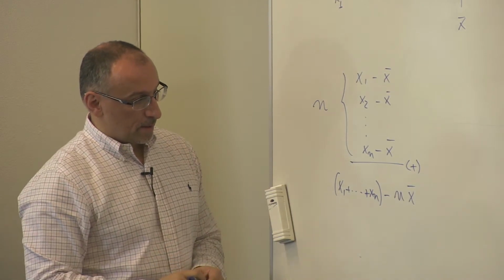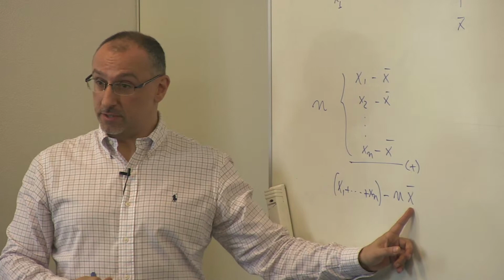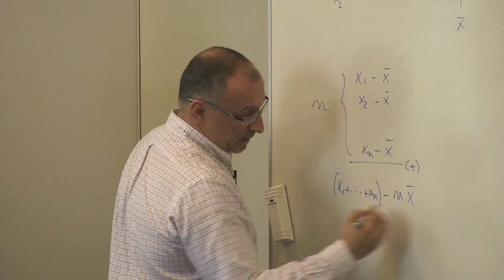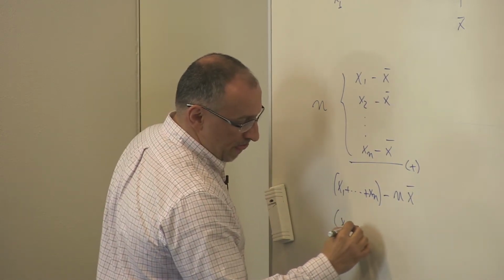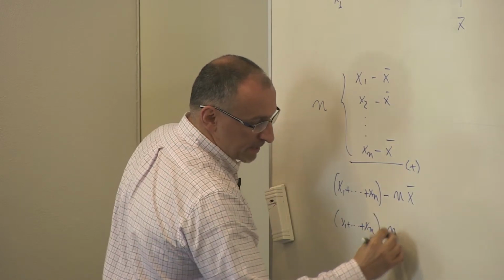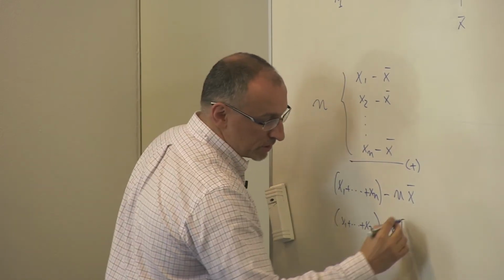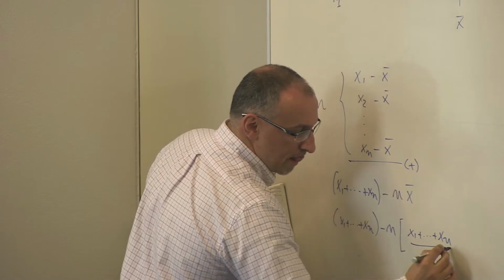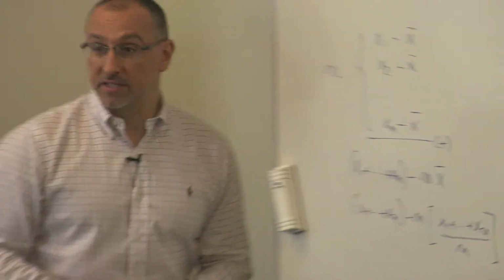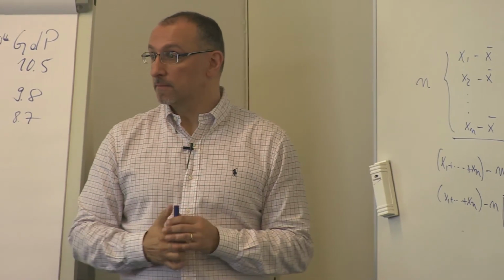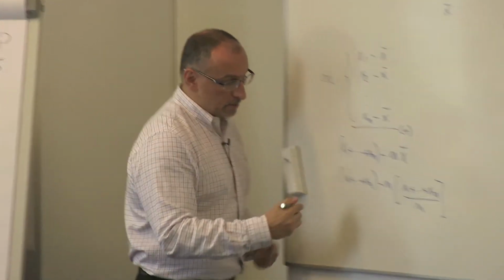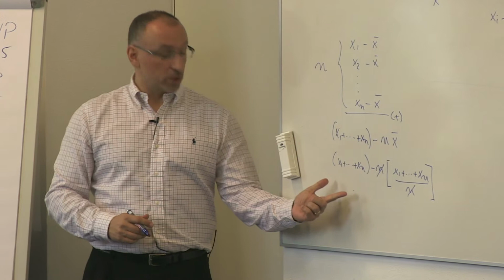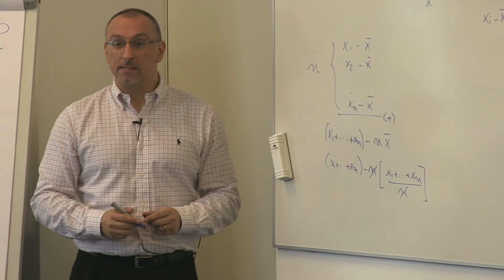Well, I know the formula of the sample mean because we just worked it out earlier. And so I can substitute it in this equation. Minus n times the formula for the sample mean, which is nothing more than the sum from x1 until xn divided by the number of data points. Right? Well, if I work it out by dividing these factors, I come to the conclusion that my overall measure of variability is